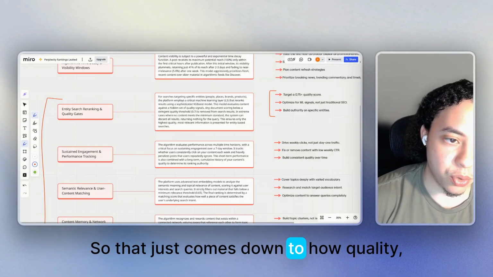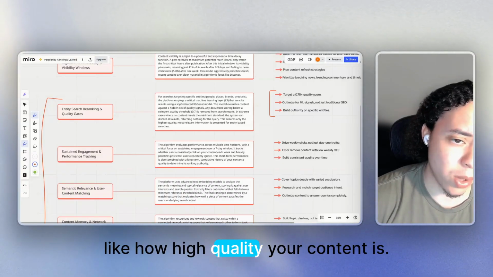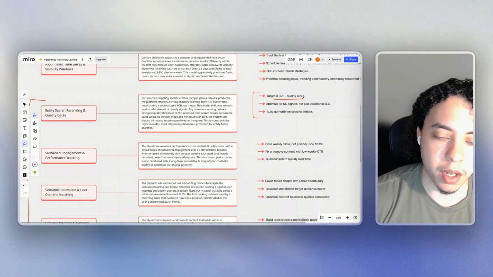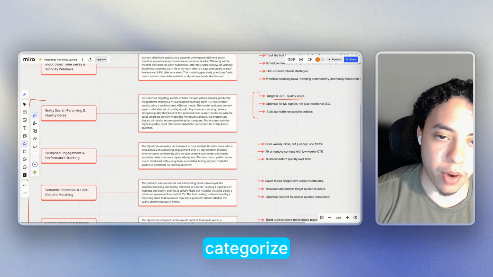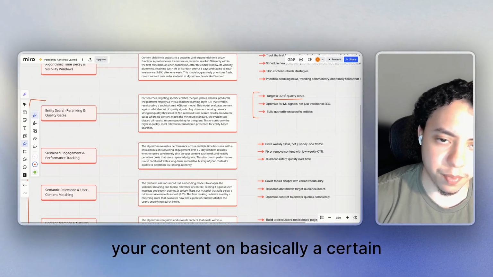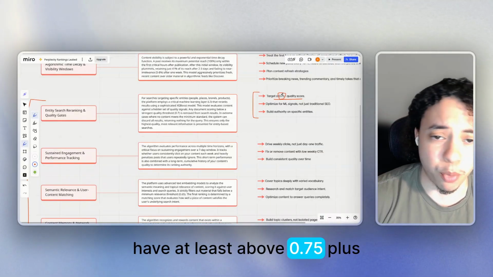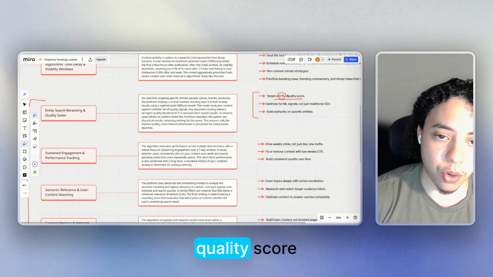That just comes down to how high quality your content is. They're looking for a specific quality score that categorizes your content on a certain metric, and you need to have at least a 0.75 plus quality score.